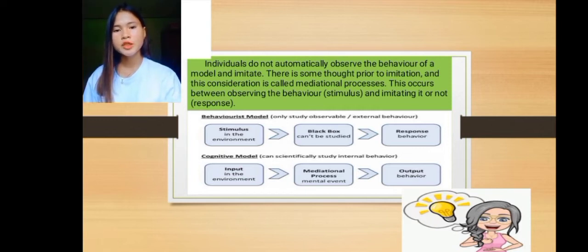These are known as mediational processes because they mediate or go between the stimulus and the response. So they come after the stimulus and before the response. Therefore, cognitive psychologists say if you want to understand behavior, you have to understand these mediational processes. So we all know that we observe a lot of things around us, but we don't actually learn everything that we observe. So there are some factors that naturally influence our social learning or factors that ensure success in learning. So what are these factors?